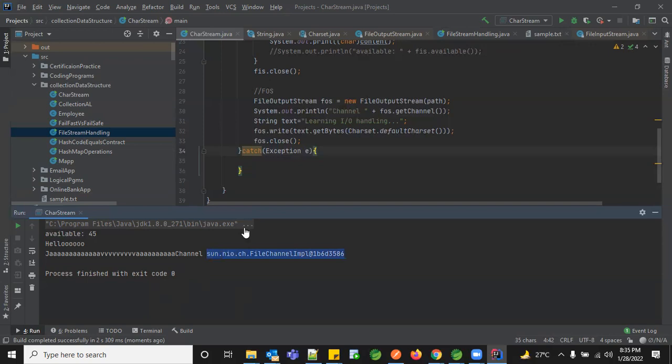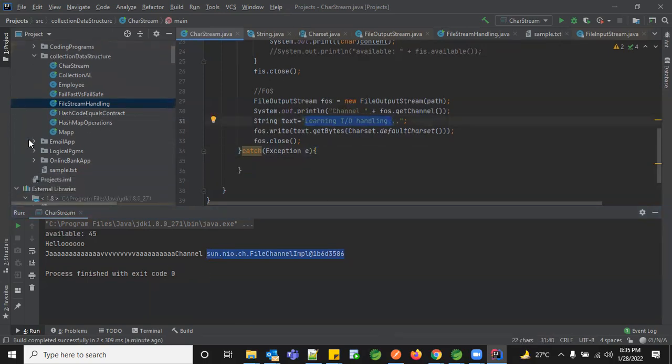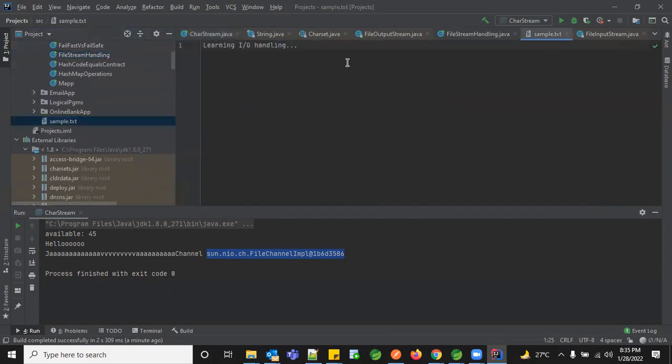Now we need to go and check whether this "learning IO" has been written into our file. If you see now, the existing characters, whatever you had, have been overridden with the data which you have passed through. So the entire data has been pushed into the file called sample.txt. If you don't want to override here, you can even append it.